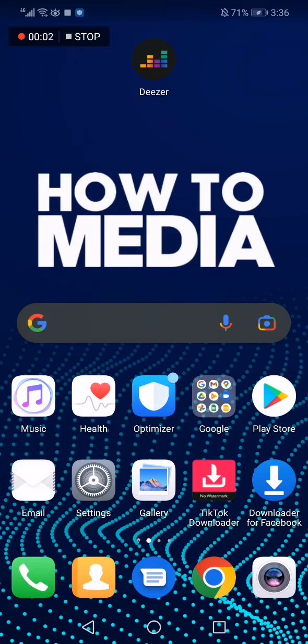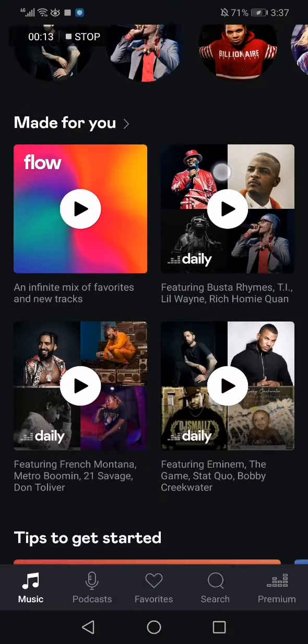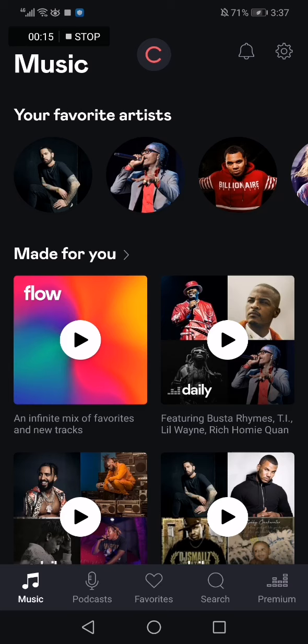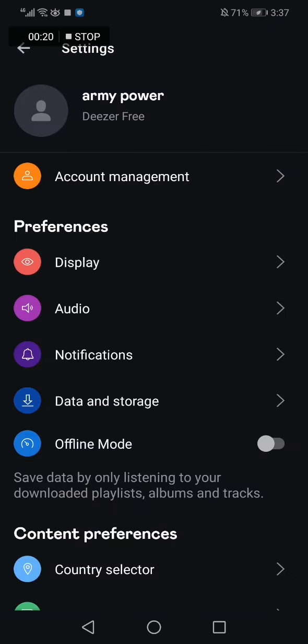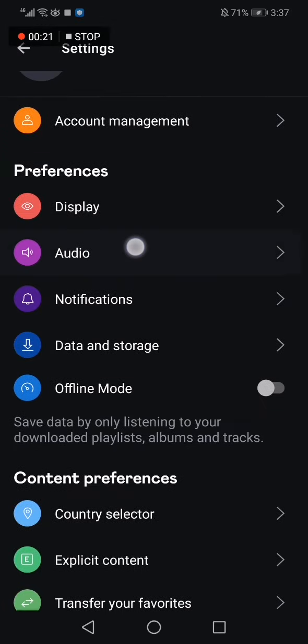How to enable or turn on resume music after phone call. So first thing we do is we go to Deezer, and now this is the home page. Then choose this icon here in the top corner, click on it, and then go to audio,